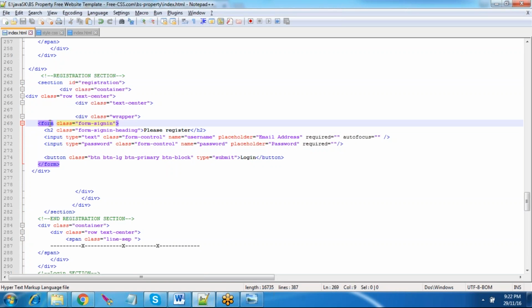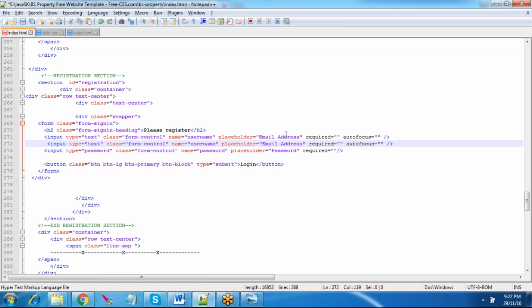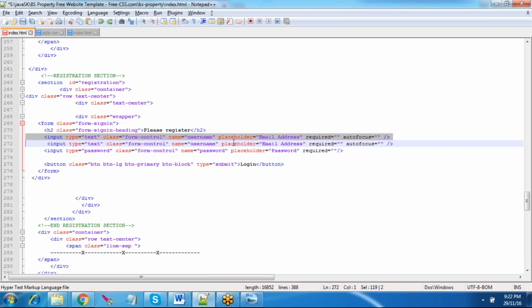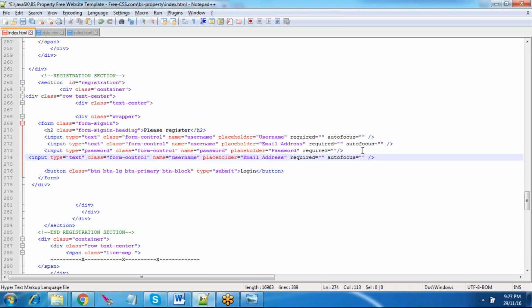The same thing, form tag is there, action tag must be written, and apart from this input text, which is the username, you're giving it as an email address. Email address will be fine. Just check whether, yeah, no validation is applied for this. So I'll just say the first thing as username, next email address is there, password is there, and next thing you can have